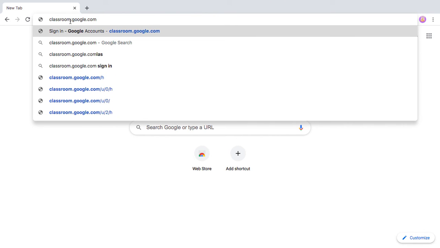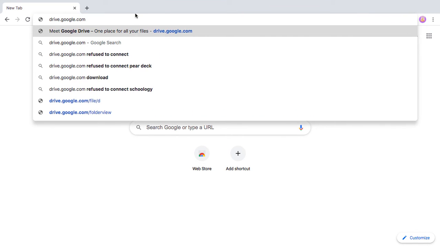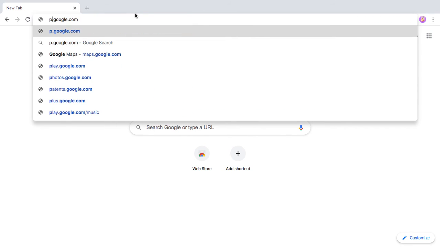Just so you know, all of Google's products, like they have Google Photos, they have Google Drive. The way that it works to find any is you type the name of the product .google.com. So like if I want to drive, Google Drive, I just type drive.google.com. If I want Google Photos, I type photos.google.com. But I'm going to type classroom.google.com.